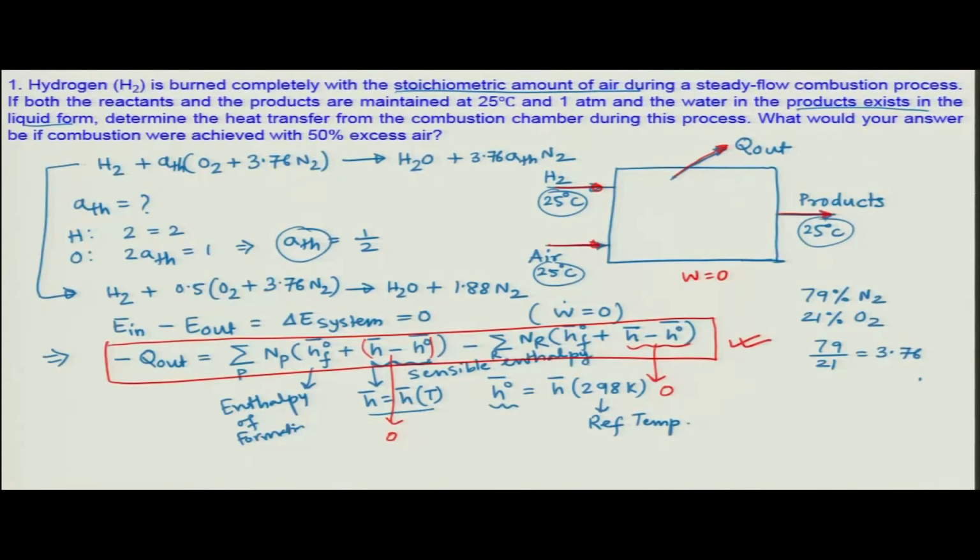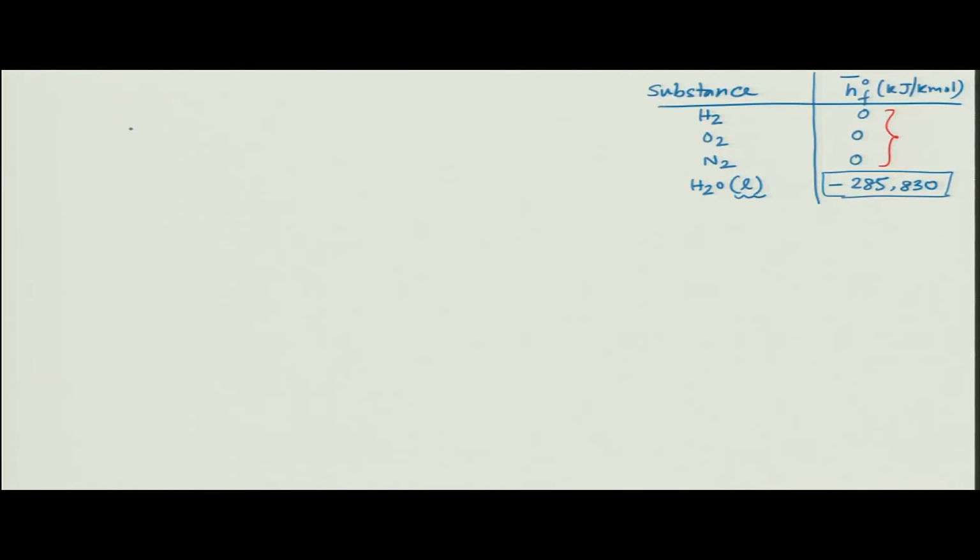So, I can substitute this enthalpy of formation, that is 0, here. What I will be left with is minus Q out equal to summation of Np times Hf naught. Now, what are the product species? Product species are H2O, and H2O is in the liquid form, and you have nitrogen. Again the enthalpy of formation of nitrogen is basically 0, and sensible enthalpy is 0 because nitrogen is coming out at 25 degree centigrade. So, I can write minus Q out,